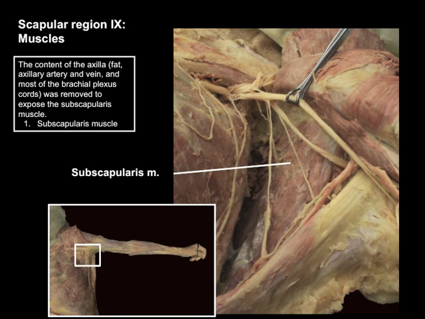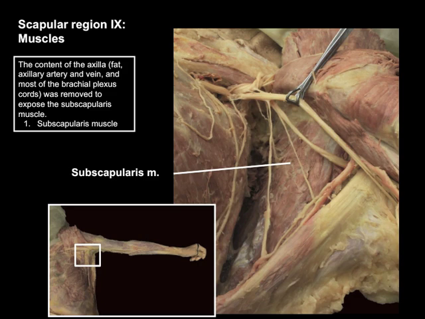A scapular muscle that is hard to see is the subscapularis. It is located on the anterior surface of the scapula. To see this muscle, it is necessary to first dissect the pectoral region and the axilla. I will show these steps in later parts of the video, but to complete the list of muscles that form